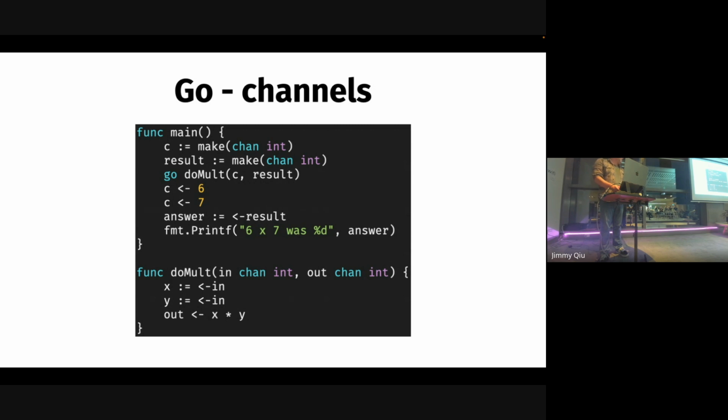In the concurrent code, it's going to read each of the numbers out and multiply them and send them on the out channel again. Pretty trivial, but we'll just use this as an example and we'll come back to that.